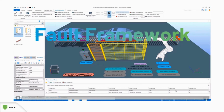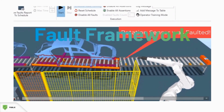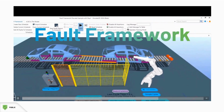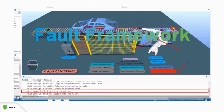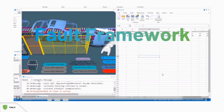These little capsules in the model, these are drag and drop components that allow you to set up permissive states in the system. So watching for something to be happening, and then do assertions to check that something passed or failed. Now here, we've faulted out a sensor that was watching for the rotation of that turntable. And so the table didn't stop when it was supposed to. Instead, it went all the way to its hard stop. And this caused a problem, and it threw a car body on the ground. And that is a detectable situation. So when we're using the fault framework, that gets logged